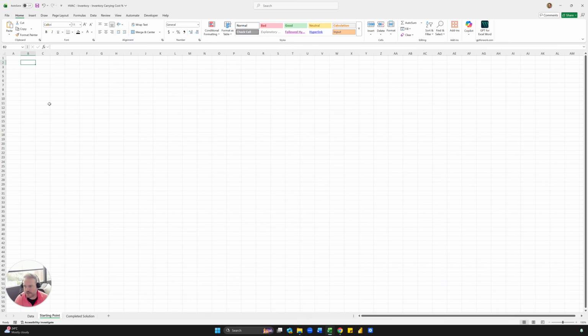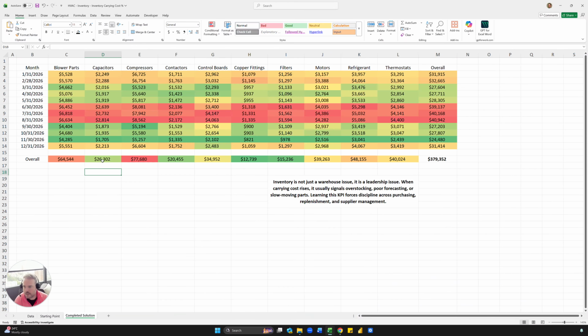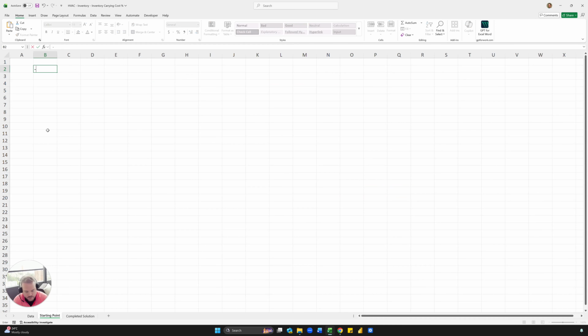So what we need to start, to create this heat map, is we need to get a unique list of the month and then a unique list of the parts category. And then we're going to calculate overall and overall. And then this right here is the main number, right? This is the total cost to hold inventory for the year. Okay, so to get the unique list of the dates,